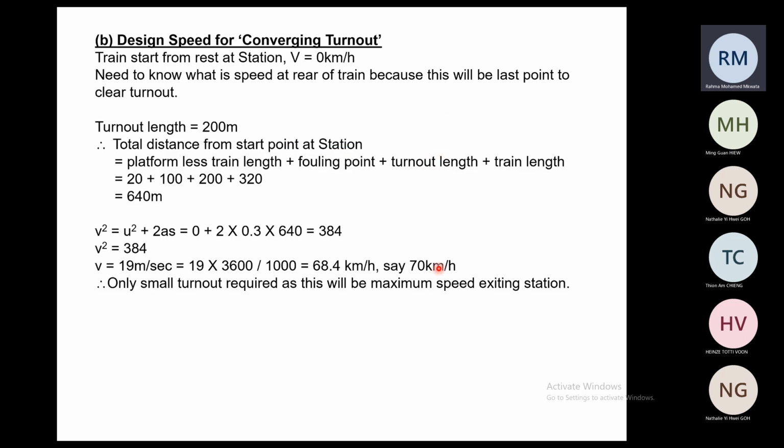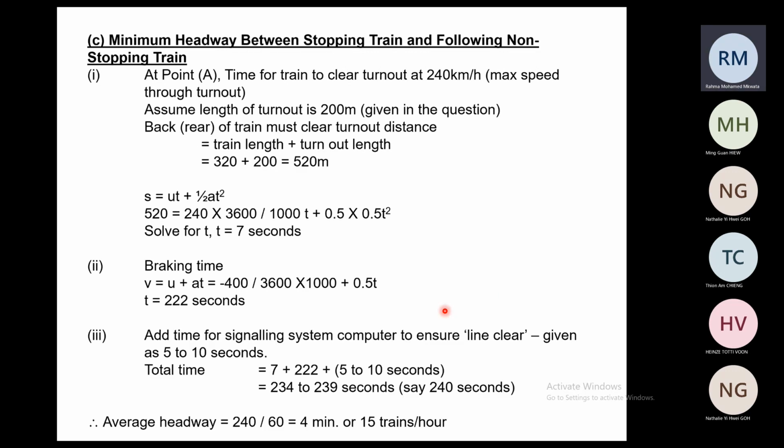That's the implication of this. Only a small turnout is required, as this will be the maximum speed exiting the station. For the entry one, you need a bigger radius because you have a high speed of 240. Okay, now let's move on to the last question